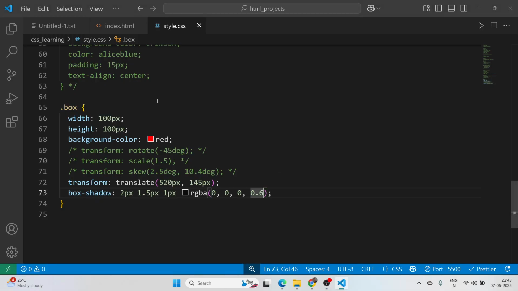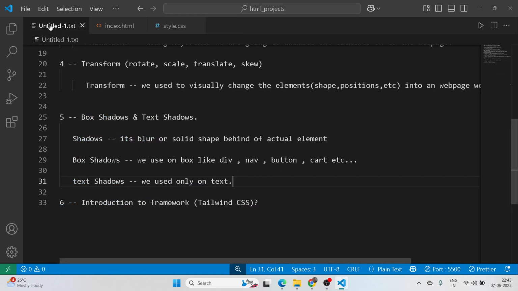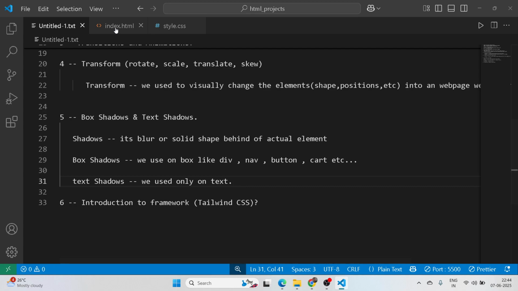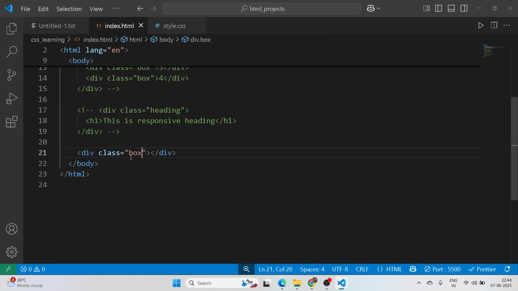So this is a shadow property in CSS, and this is box shadow. And the second one is text shadow. I have already told you, right? Text shadow will only apply on text, okay. So for this I'm going to create one